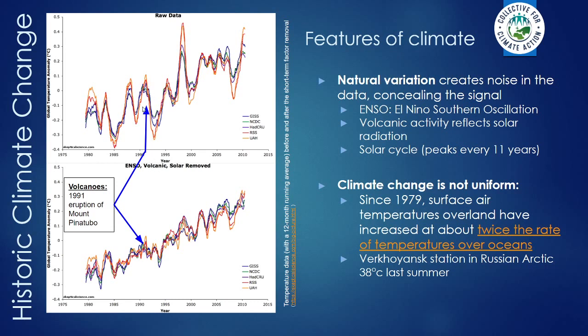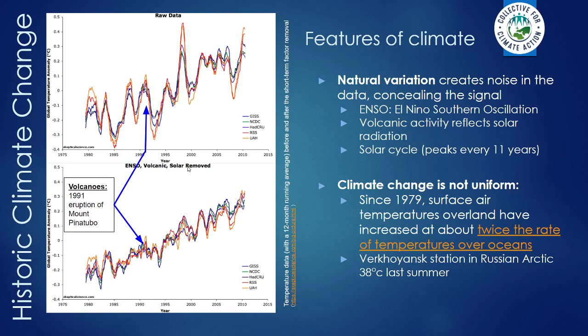This is Mount Pinatubo. In 1991 it erupted. And what it does is release loads of gas, sulfate aerosols, into the atmosphere, and also dust. And what happens is that shields us from the sun's radiation and creates cooling effects. So that's actually this bit here, not El Nino. So we can see that decline in temperature is much, much less here.